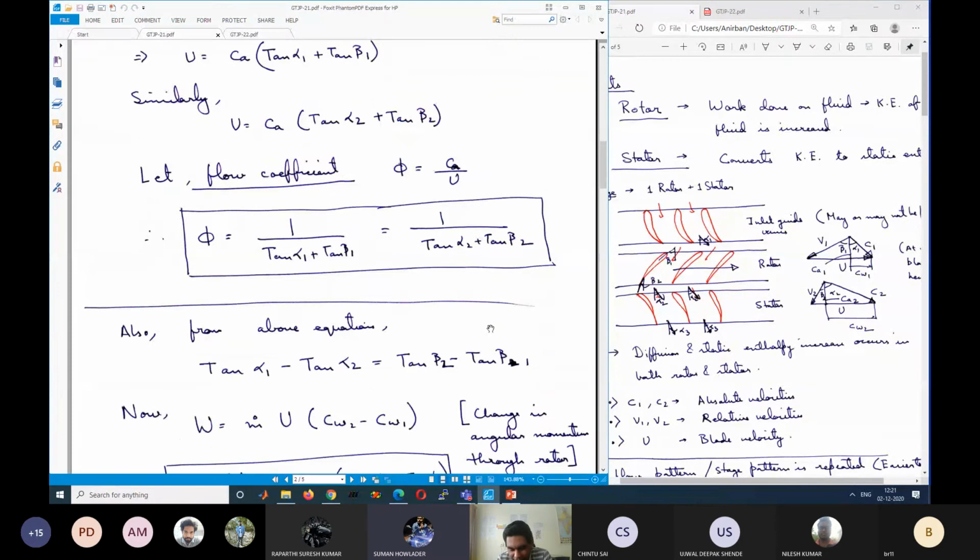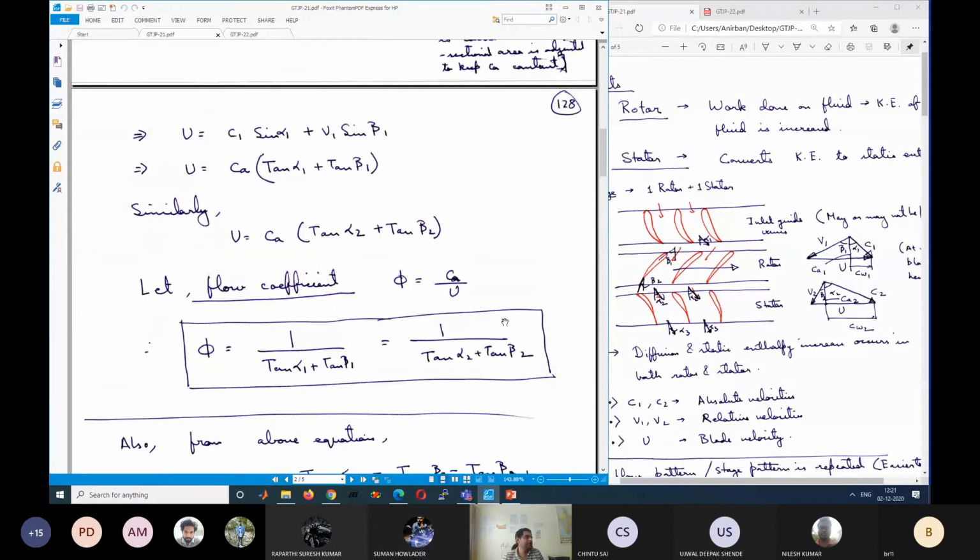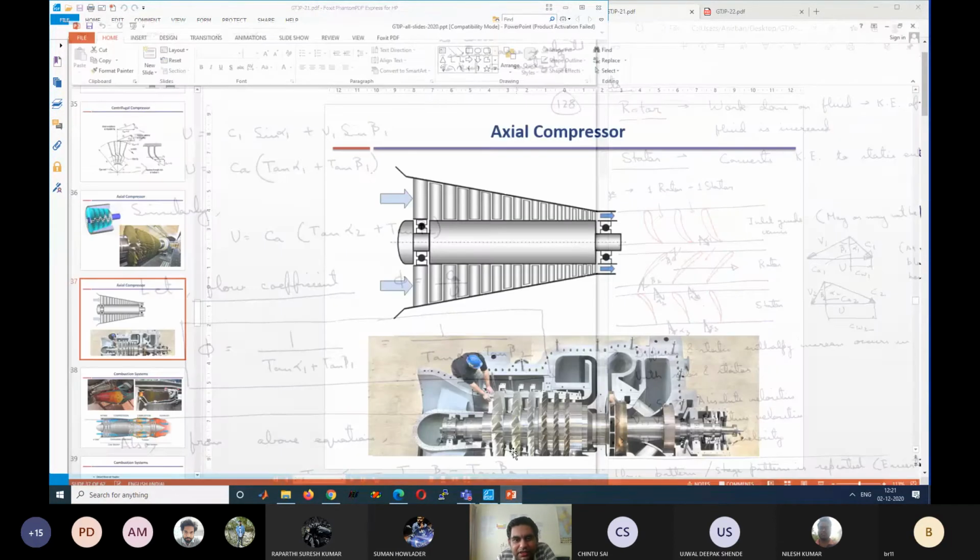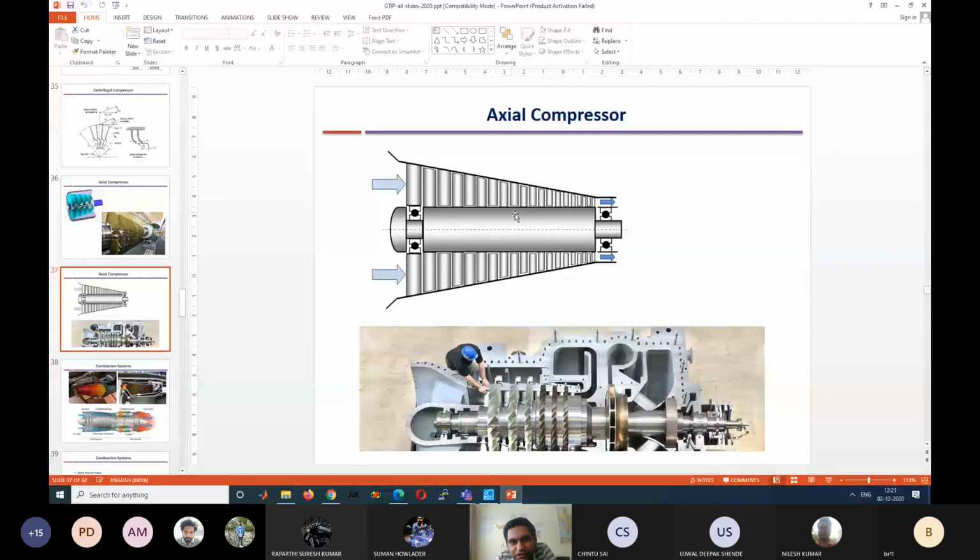So based on mass flow rate, density and the value of CA, you have to calculate the tip and root radius. There are two unknowns, but only one relation based on mass flow rate. So you have to assume some other things, like keeping the tip diameter constant or the root diameter constant and changing the other, or keeping the ratio fixed. Some other relation needs to be kept so that you can calculate both tip and root diameter. Okay, is it clear? Yes, sir. Very good question.